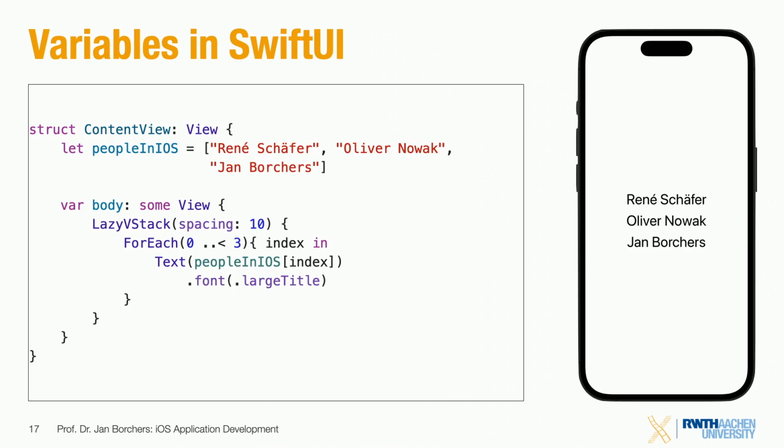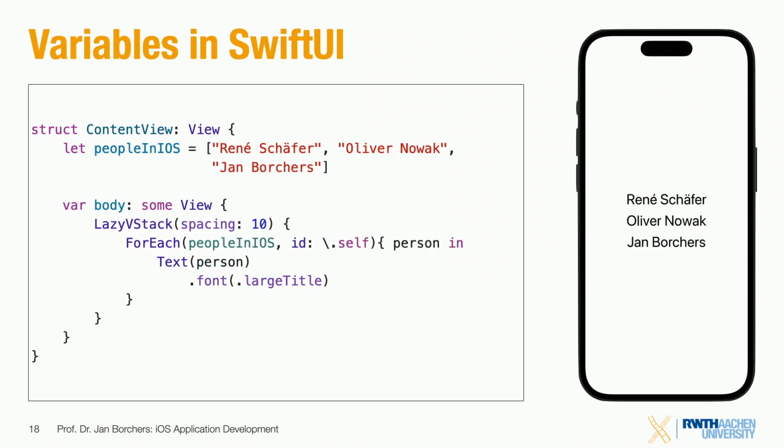This is very, very simple. We're using an index here, but we can actually do better. We don't actually need an index variable. We can get rid of it and, instead of introducing and then counting through an index variable, just use a reference back to each individual item in the array. So we're passing in here ForEach people, id: \.self, and this basically means that we get this item and then this item and then this item returned, and we can use that immediately as the variable person,